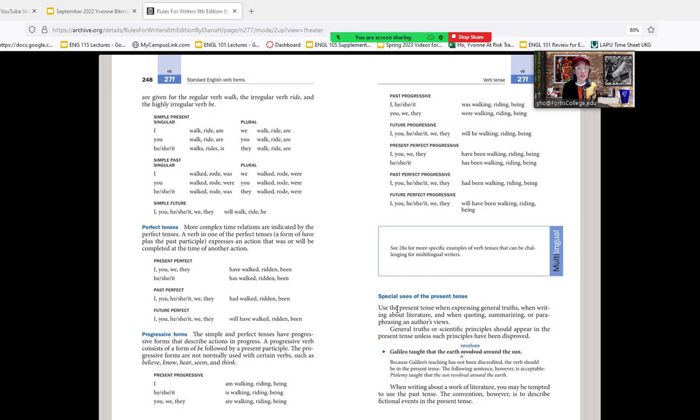And then the perfect tenses. More complex time relationships are indicated by perfect tenses. A verb in one of the perfect tenses has have plus a past participle. And in the perfect tense, you always express an action that was or will be completed at the time of another action. So when you have the simple tenses, simple present, simple past, and simple future,